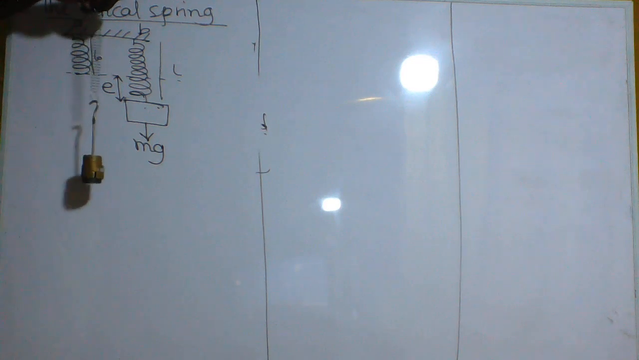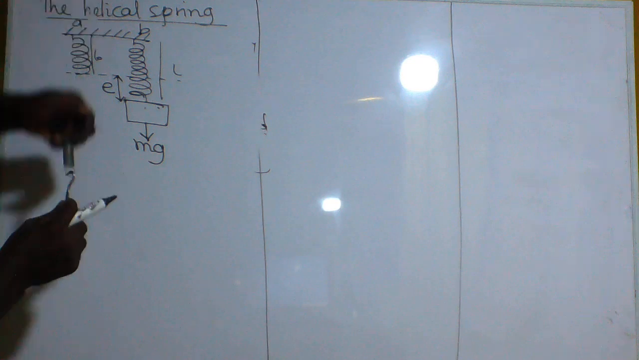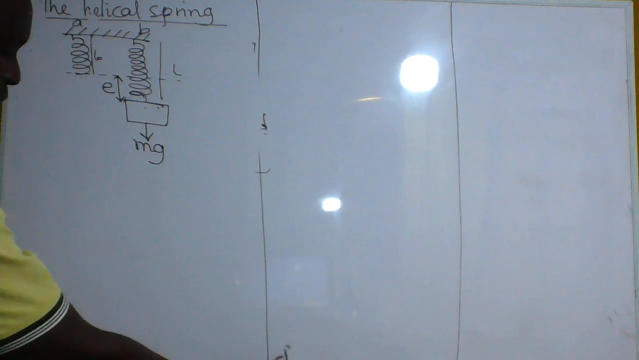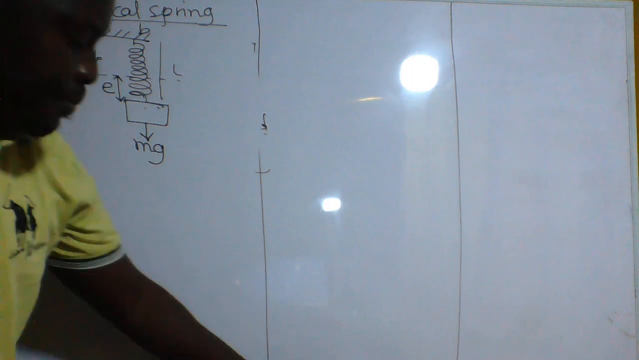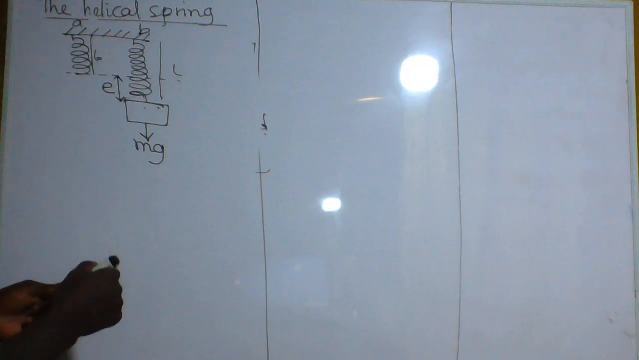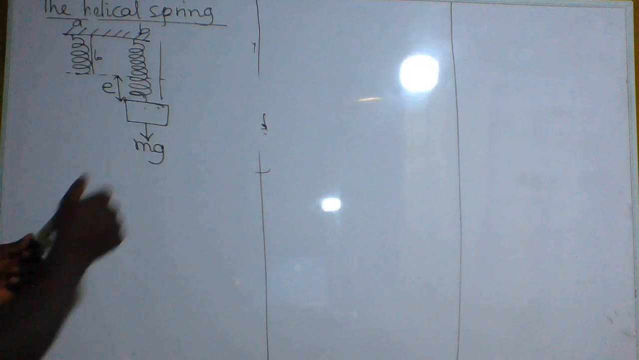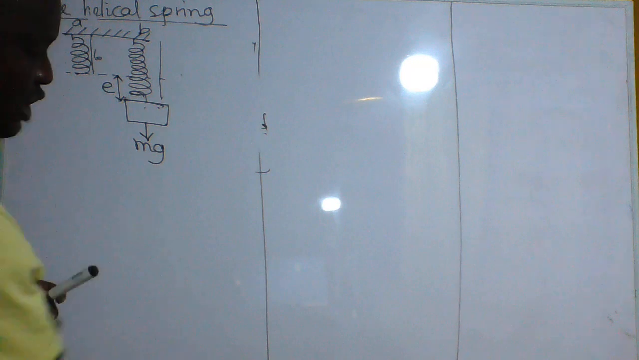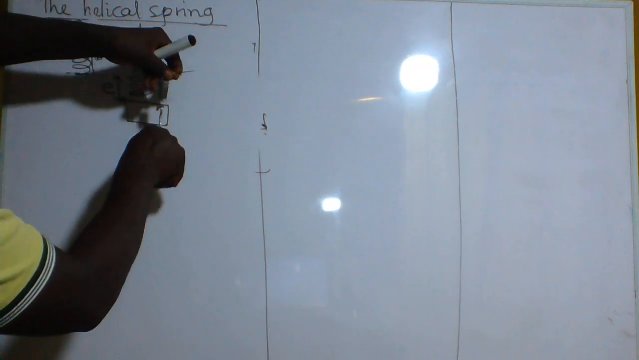New length of the spring. This is the original length, when there is no weight or load attached or connected to the spring. Okay. All right. Now, when the spring is loaded, there is an extension. Once there is an extension, when the spring is loaded and then it is left, what happens is that